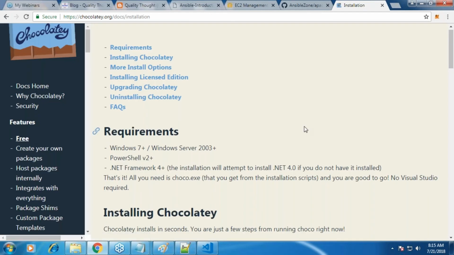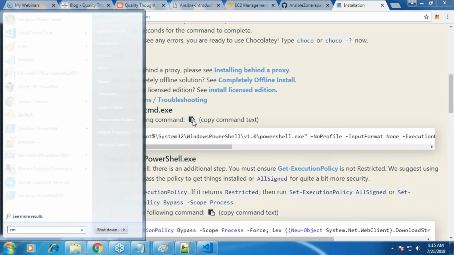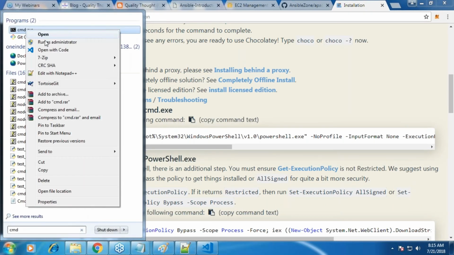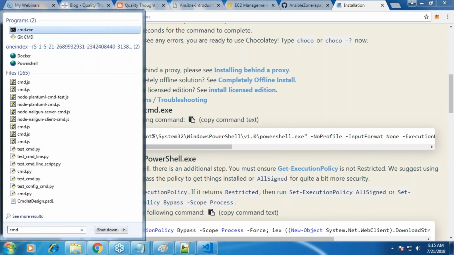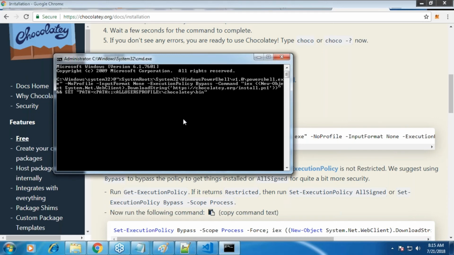Okay, you will be seeing it over there. Copy this command. This command will be copied when you click over here. Okay, cmd prompt. Remember, you have to run this as an administrator, otherwise it will not work. This installation will fail. Paste whatever you have copied. Click enter. Wait for some time. Chocolatey will be installed on your machine. That's it. Simple. So go to the Chocolatey site, and then you will see the instructions. Open the command prompt as an administrator. If you forget to run it as an administrator, installation will not work. Right? Good.